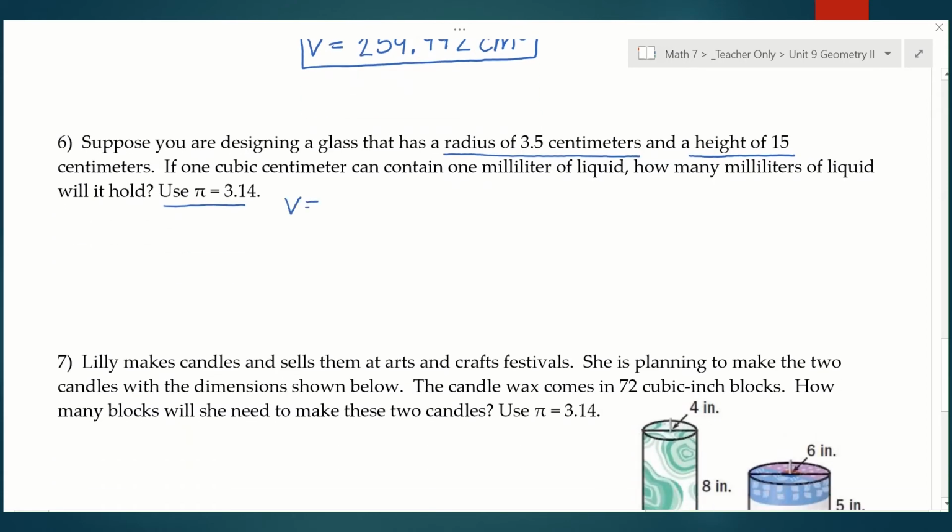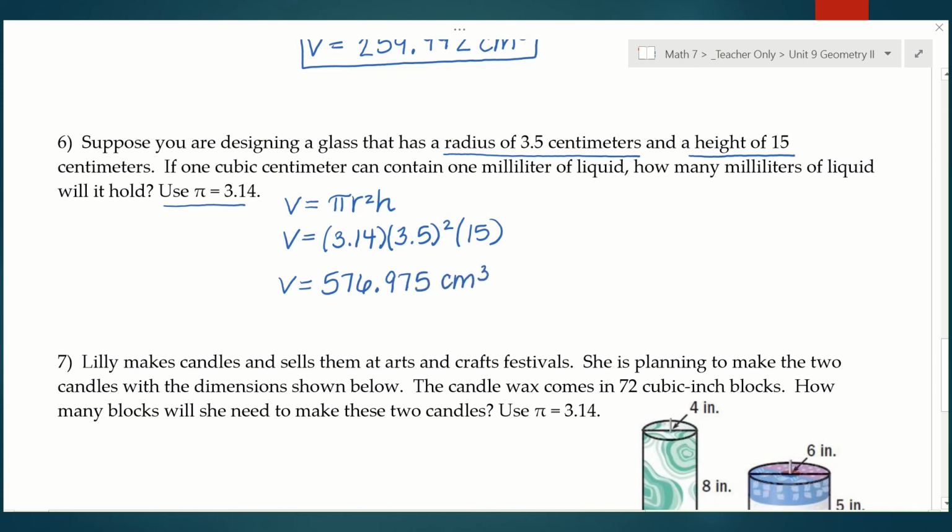Okay, so here we go. Volume equals pi r squared h. I'm going to substitute 3.14 for pi. My radius is 3.5, so 3.5 squared, and my height is 15. All right, so let's figure out how many cubic centimeters this glass can hold. Let's start with that. So we're going to multiply all this out, and I am getting 576.975